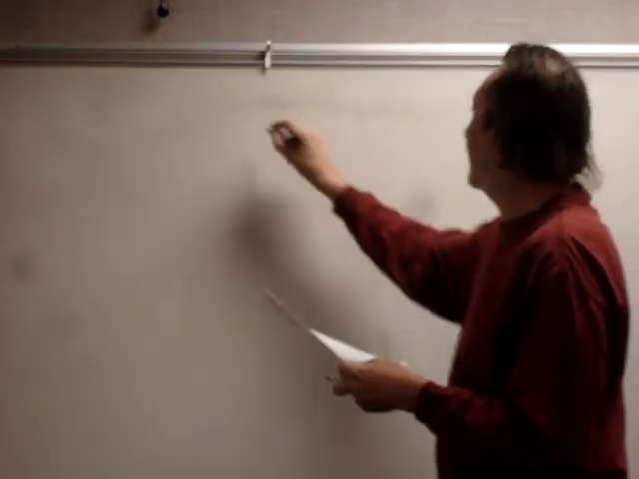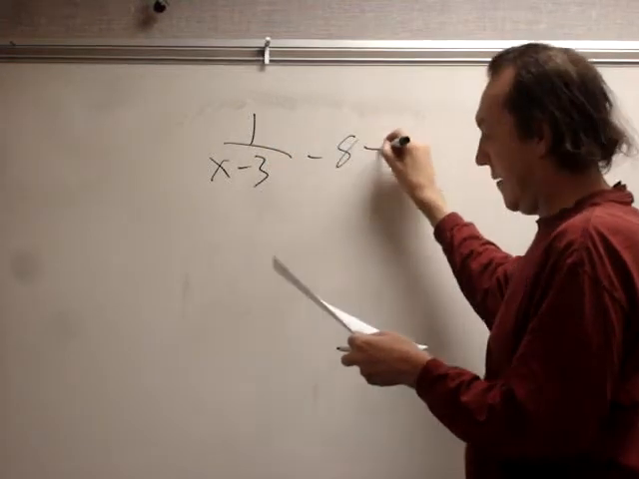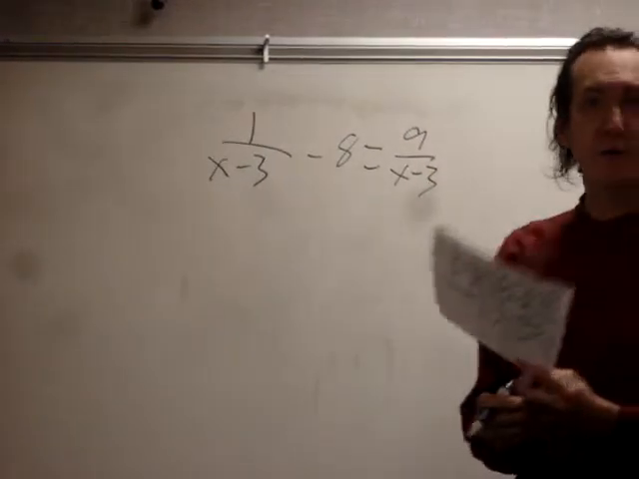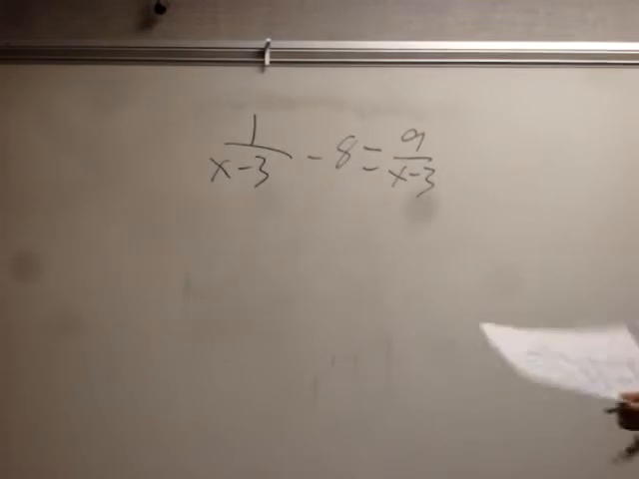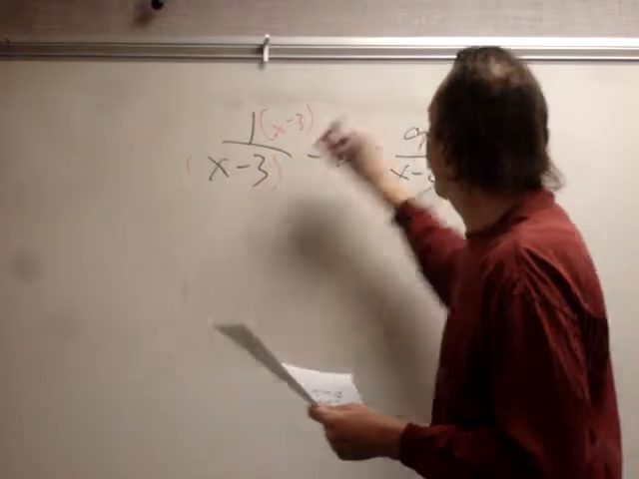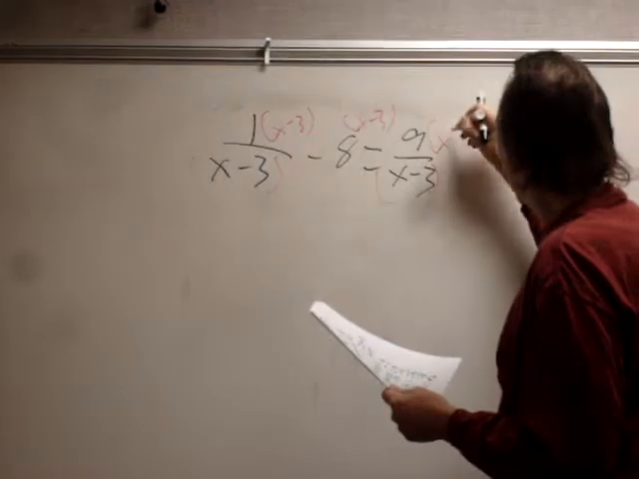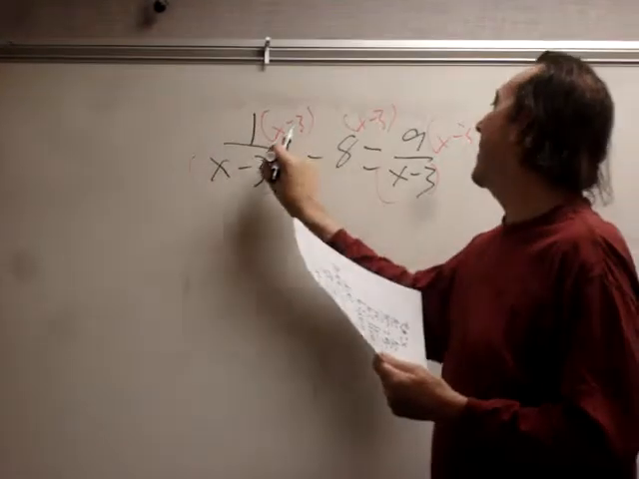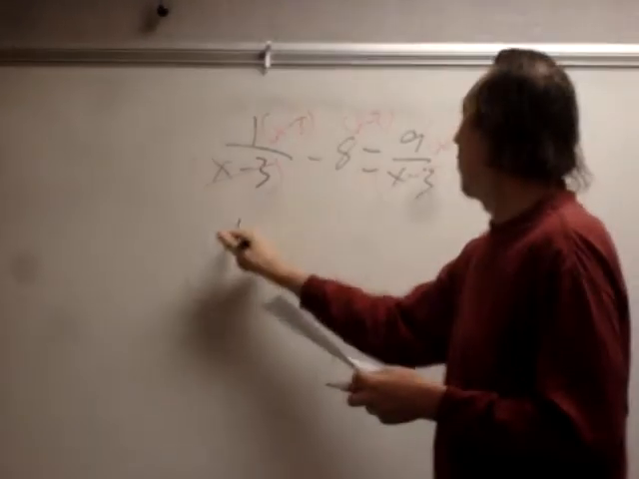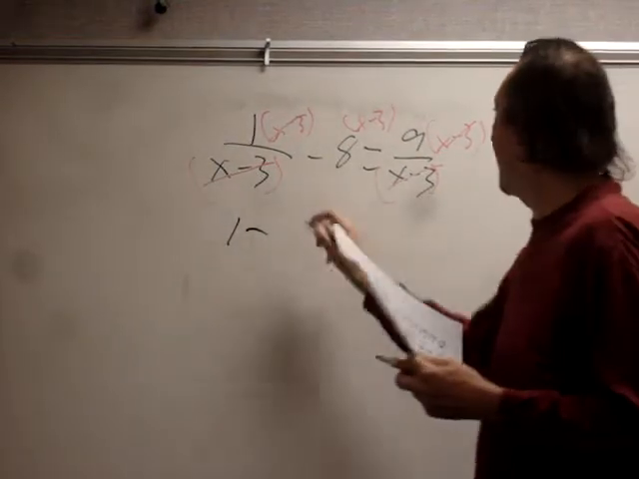Then I'm going to have something like 1 over x minus 3, minus 8, equals 9 over x minus 3. So the first thing I want to do is get rid of the denominators. So I'm going to multiply everything by x minus 3. When I do that, these x minus 3's cancel, these x minus 3's cancel. I'm left with 1 minus, and it's 8 times x minus 3, so I'm going to distribute the 8 and get